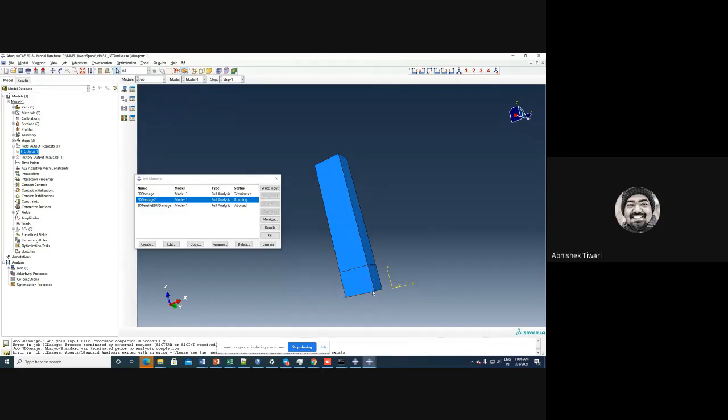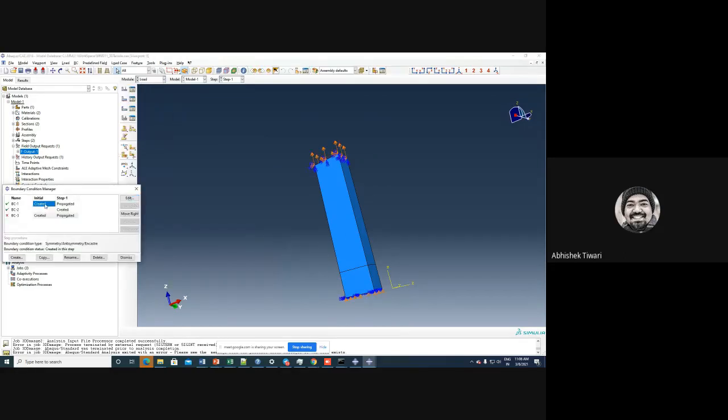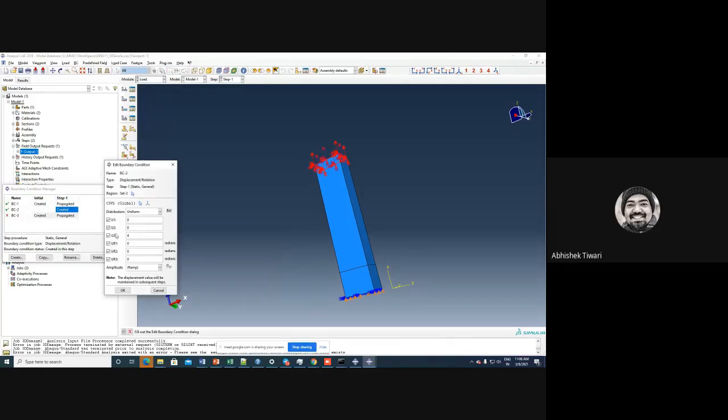area, in this volume. Apart from that, in the load, I have applied, so the boundary condition which was applied to have displacement. Instead of 4 millimeter in the upward direction, everything else I have made 0. So no rotation, no movement in the x1 and y1 direction, apart from the movement in the z direction.